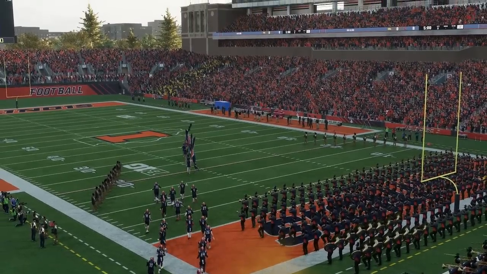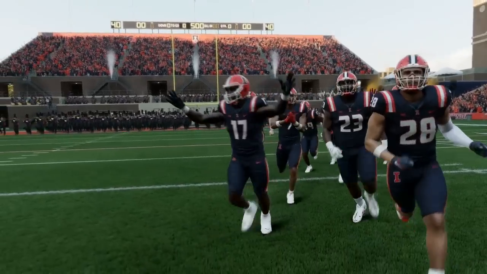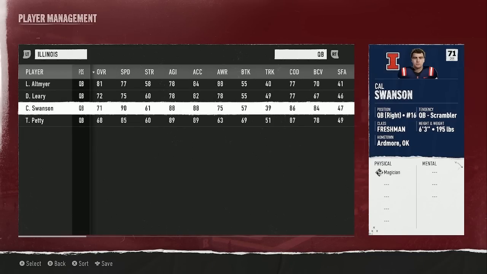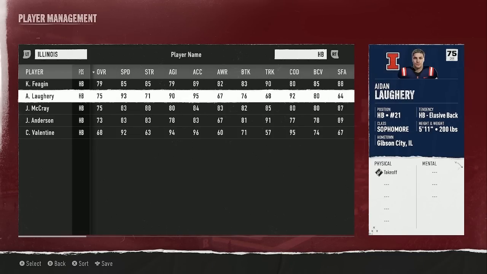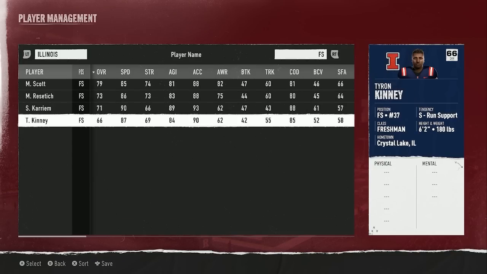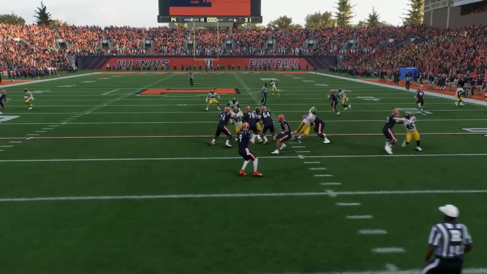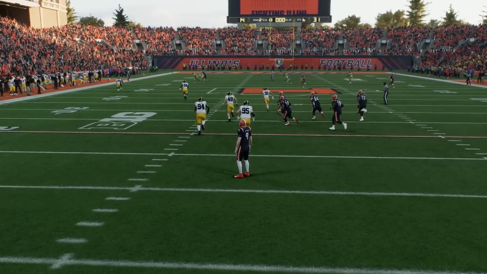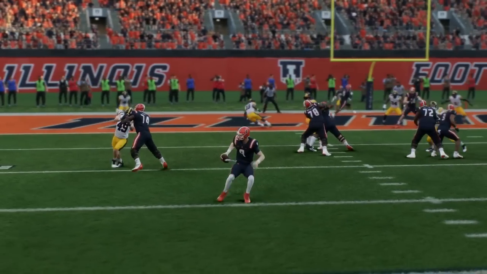But they do get 2 years of Altmaier at quarterback, but I personally like Swanson more in game. Fegan is a nice start at running back, even though he's not really speedy. Defensively, the entire secondary should be back for another season to gel together. Illinois has a wild history too, with 15 conference championships, 2 national titles, even if their last one was in